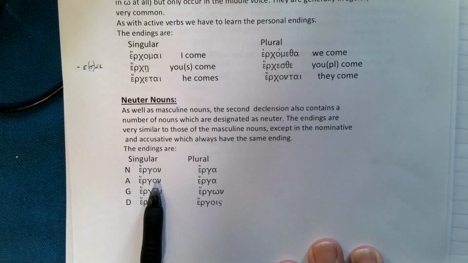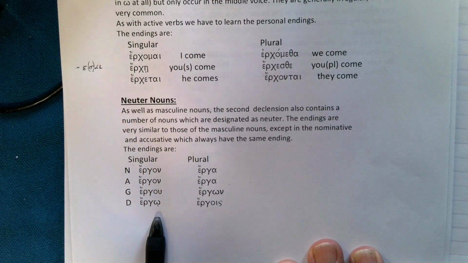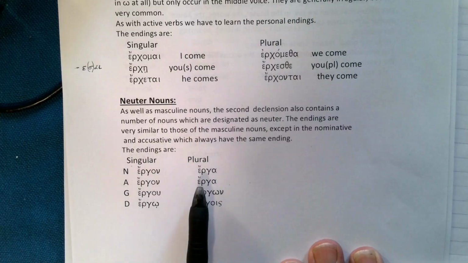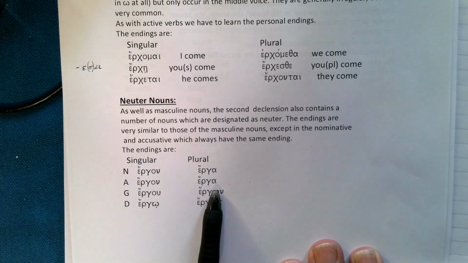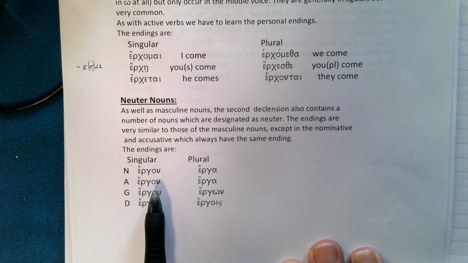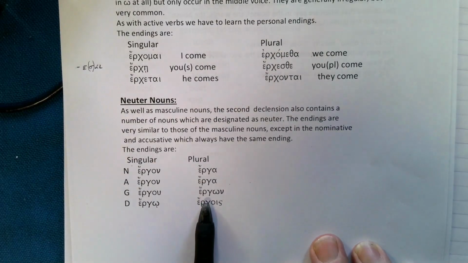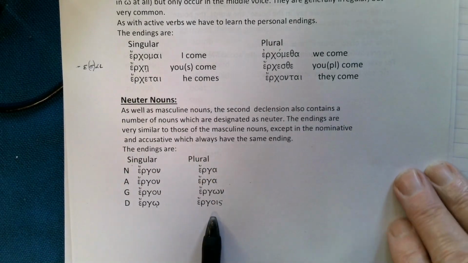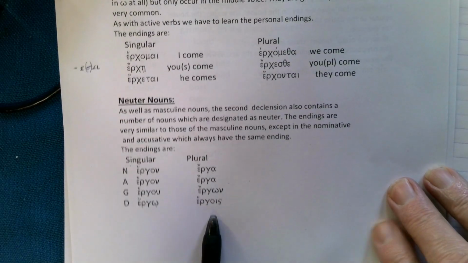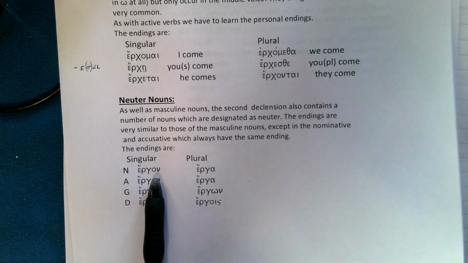So it's ergon, ergon in the nominative and accusative. It's always the same, nominative, accusative the same. And then the genitive and dative is exactly the same endings as for anthropos or logos. In the neuter plural is alpha for both nominative and accusative. Erga, works, erga, works. Context tells you whether it's the subject or the object. And then the same endings as before, ergon and ergois, of works or to or for works. So you have to learn these very carefully, and when you learn the noun, you learn it ending in on.